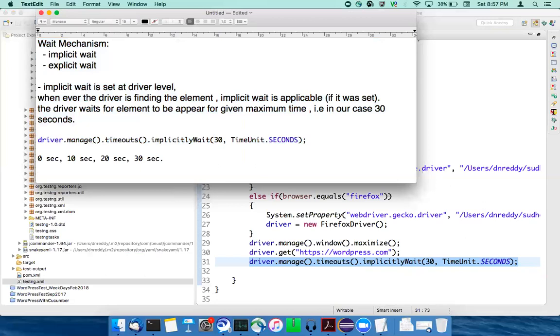So there must be some default wait in there. What is the default wait? Is it 0, 10, 20, 30? Assuming it's kind of 10 seconds. Okay. So the answer is